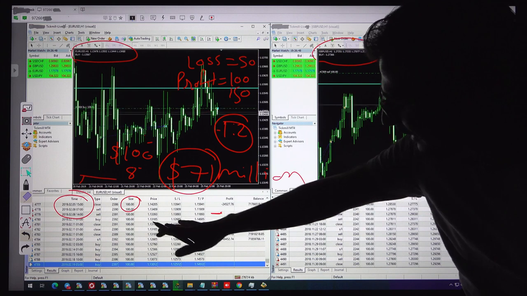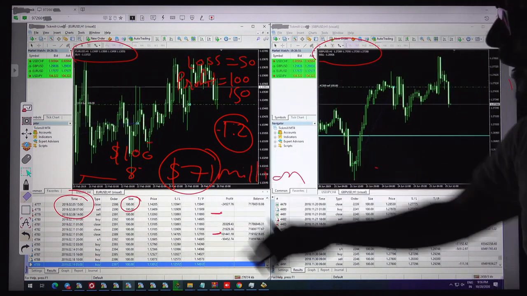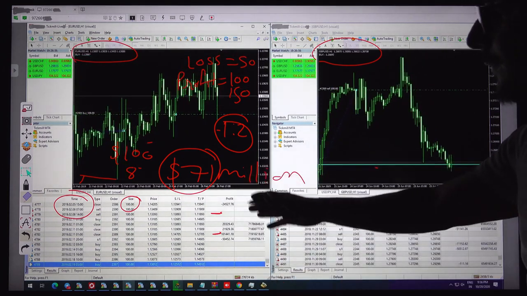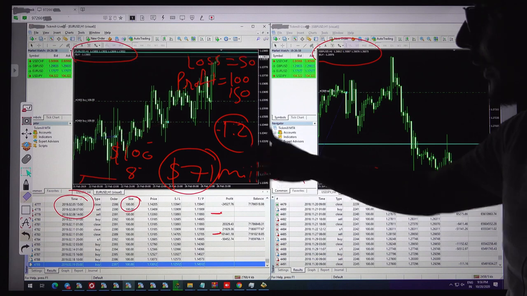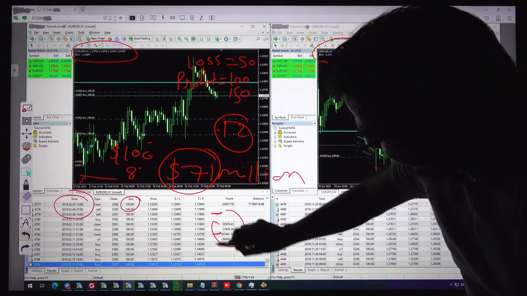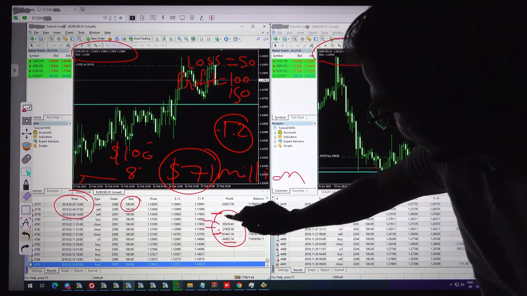It is because the maximum lot size allowable in this back testing is 100 lot only. If your broker allows 500 lot, then it can reach the 500 lot as well, or you can transfer your profit to another account and get more profit also. So you can see here the 50,000 loss is also booked, and the profit is 200k, around 200 pips.